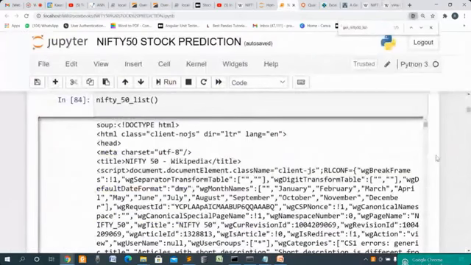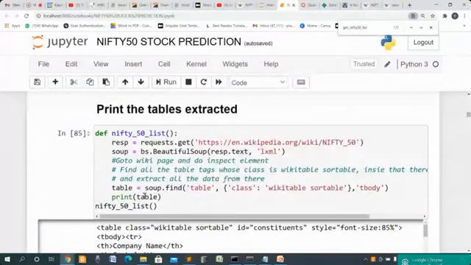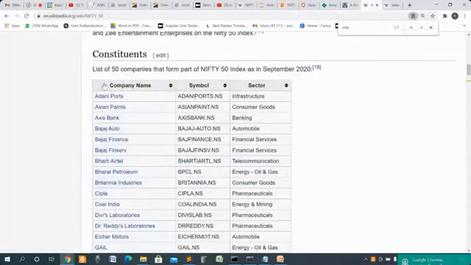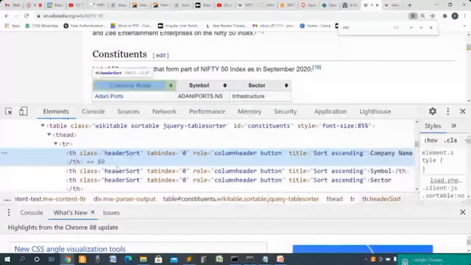After that, we have to get to the particular table from which we have to extract the symbols of the NSE top 50. For that, we use soup.find table, with class equal to wiki table sortable, and then in that we want to extract the tbody. You need to know a bit of HTML and CSS, because we want to extract this information.